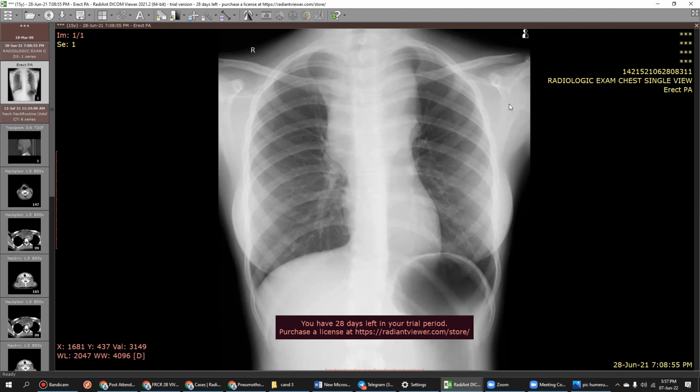The trachea is normal in position, no compression. My differentials for anterior mediastinal masses would be thymoma, lymphoma, or metastatic lymphadenopathy. The patient needs further evaluation with contrast enhanced CT scan of the chest, abdomen, and pelvis, and discussion in the oncology MDT. So your final diagnosis is an anterior mediastinal mass.